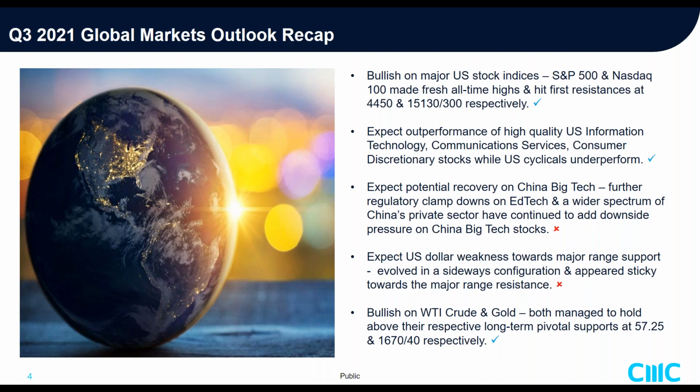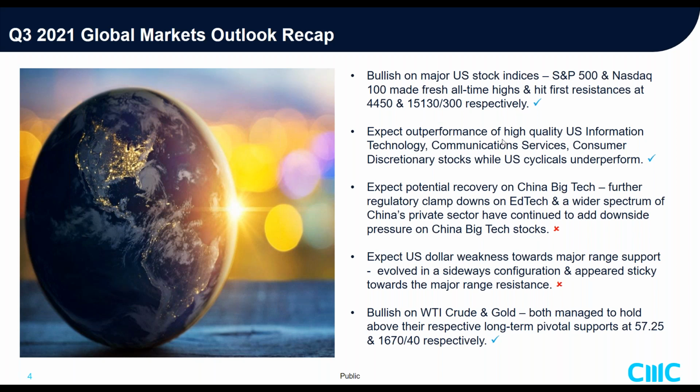Okay, previously, this is kind of a team play or the playbook. We were bullish on the major US stock indices, and the S&P and the Nasdaq 100 made all-time highs and hit the first resistances at 4,550 and 15,130, 15,300 that we highlighted 3 months ago, which met our expectation. And at that point in time, we also highlighted that, due to the flattening